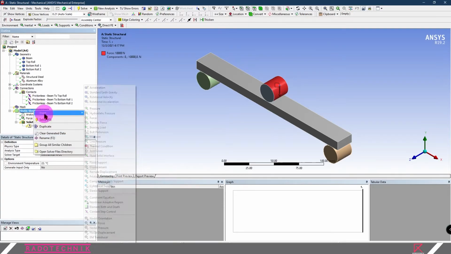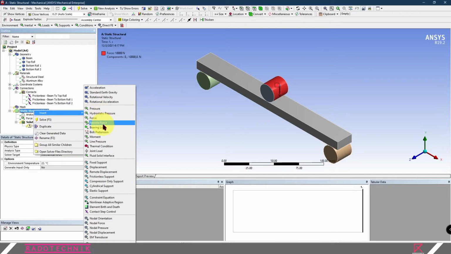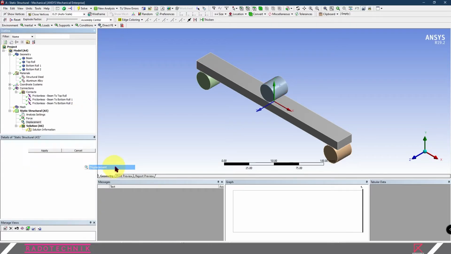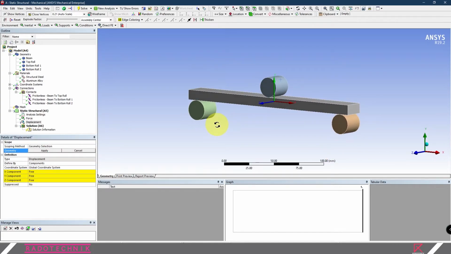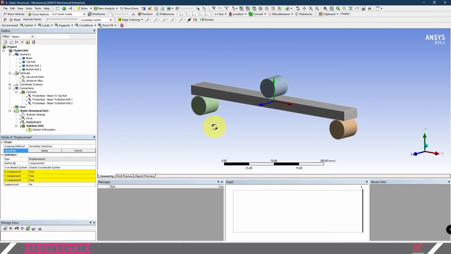After that, you need to create another constraint, displacement. You need to select two faces of the bottom roller, this one, and hold your Control key and select the other one and click Apply.